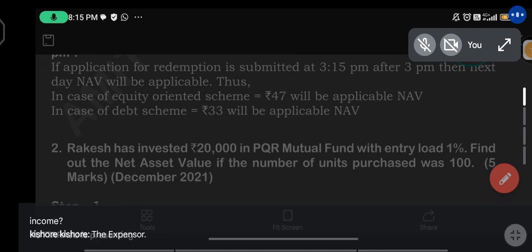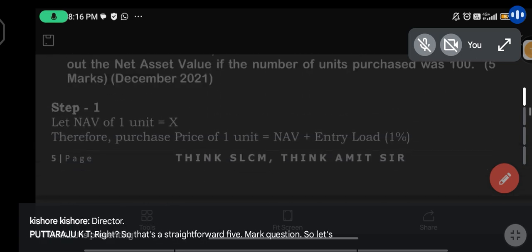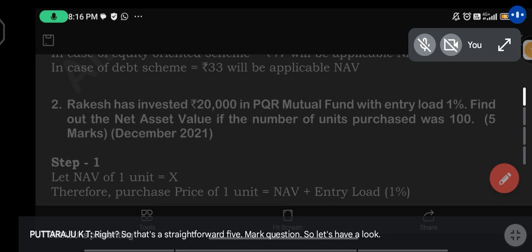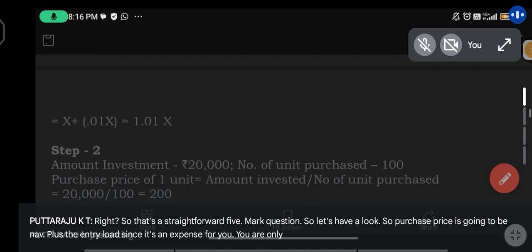Expense, sir. So will you deduct the load or will you add the load to the 20,000 rupees? Deduct, sir. Right. So that's a straightforward 5-mark question. So let's have a look. So purchase price is going to be NAV plus the entry load. Since it's an expense for you, you are only going to get